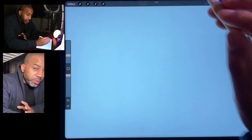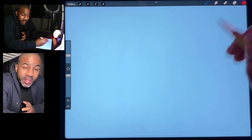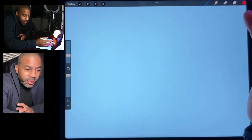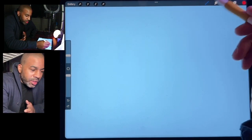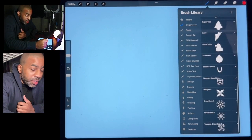All right, quick tutorial. I have had a ton of messages, people asking me how I can paint on the candy cane and not go outside of the lines. I'm going to show you how to do it. It's really simple, and I'm going to use my gingerbread brushes that you can get on my website,